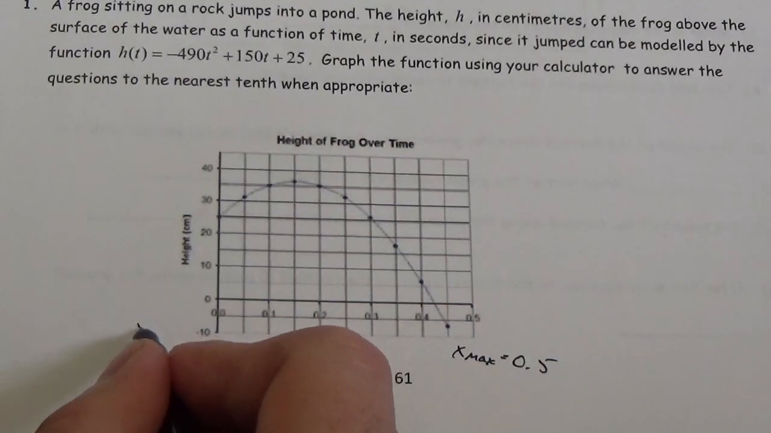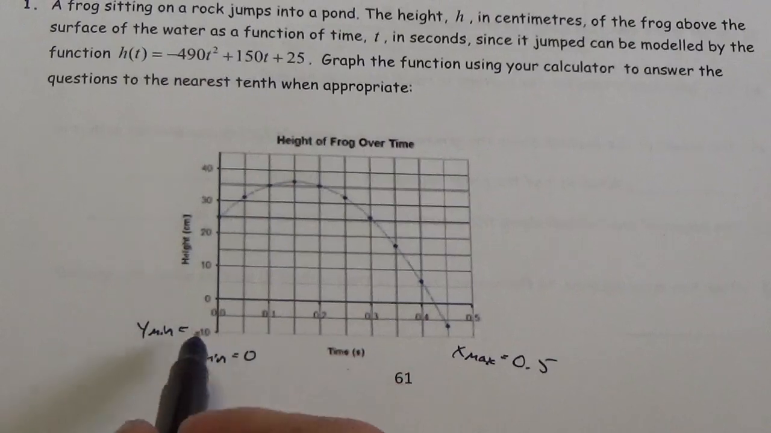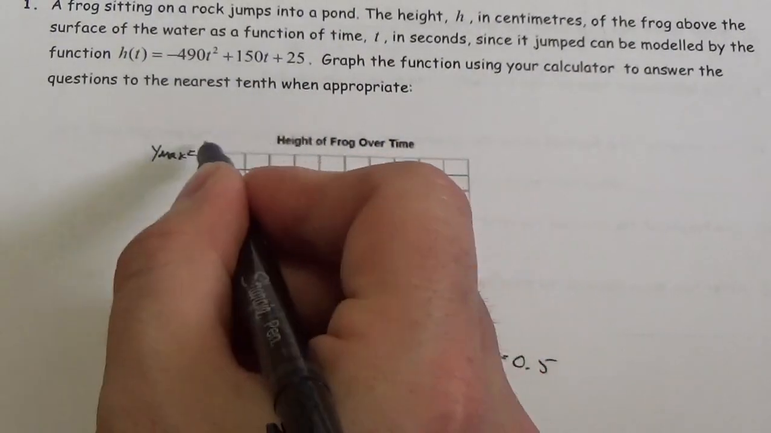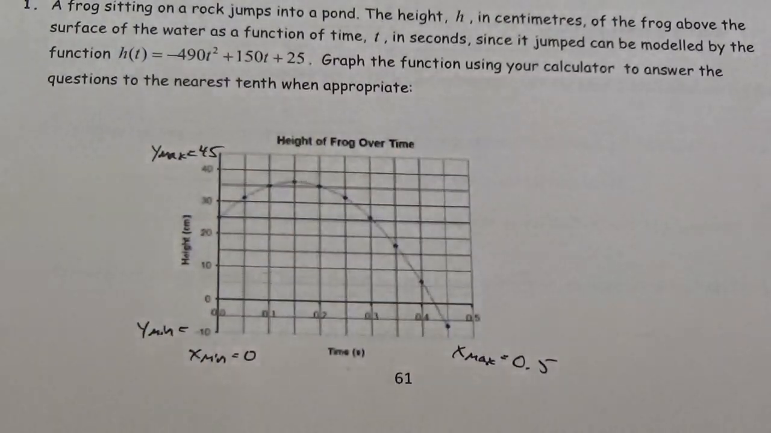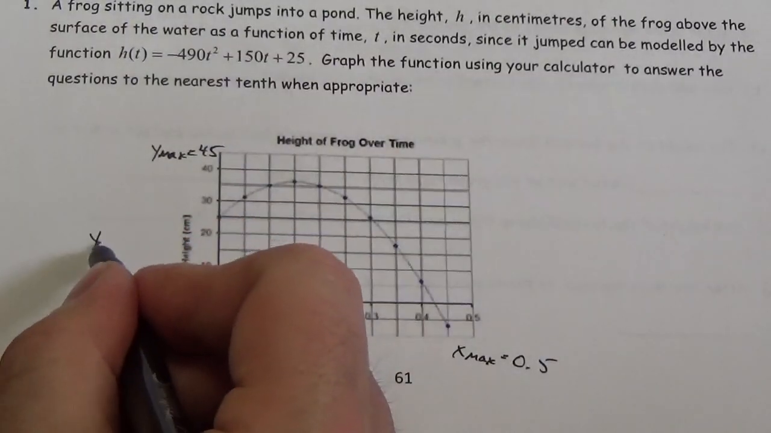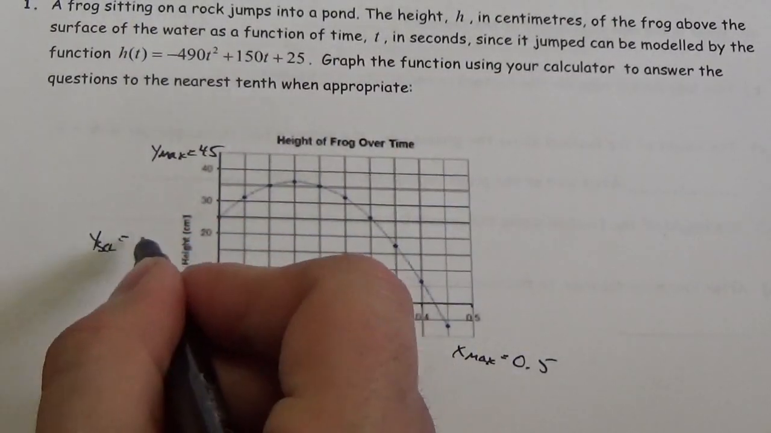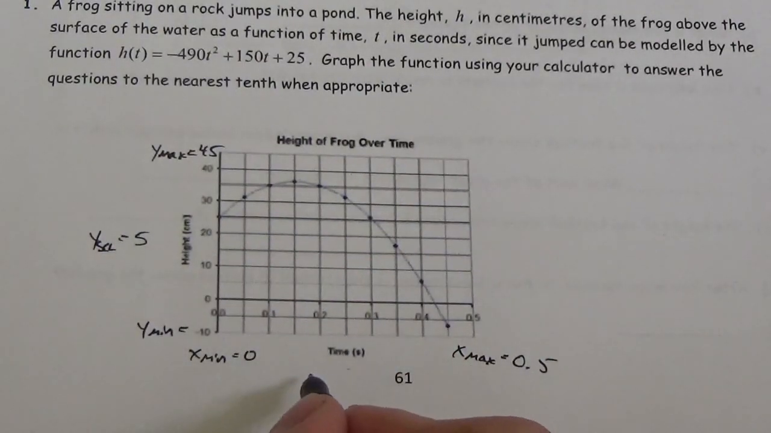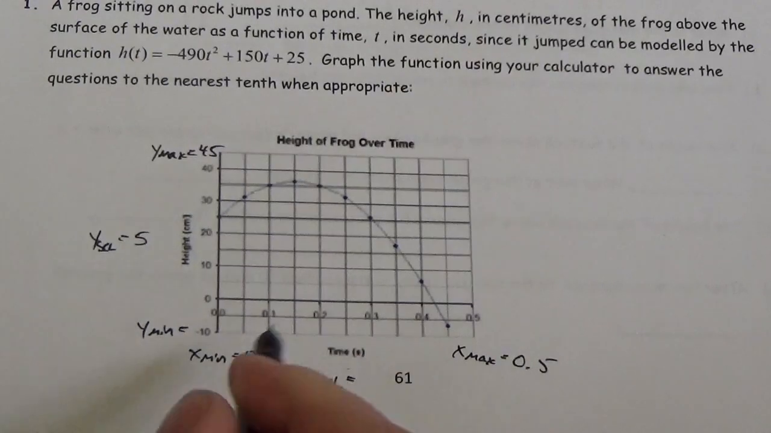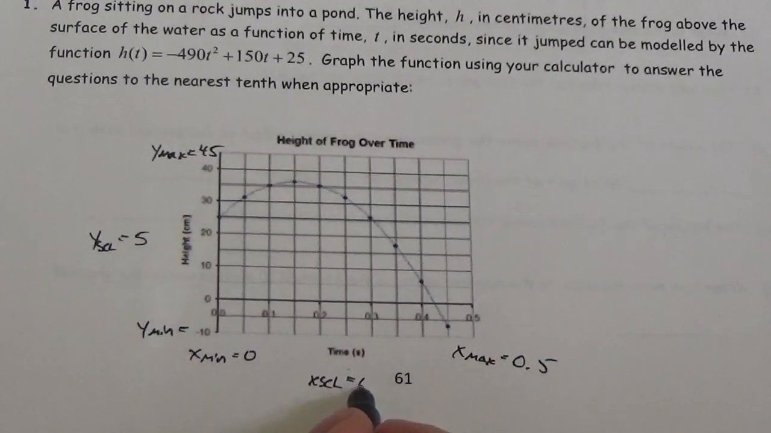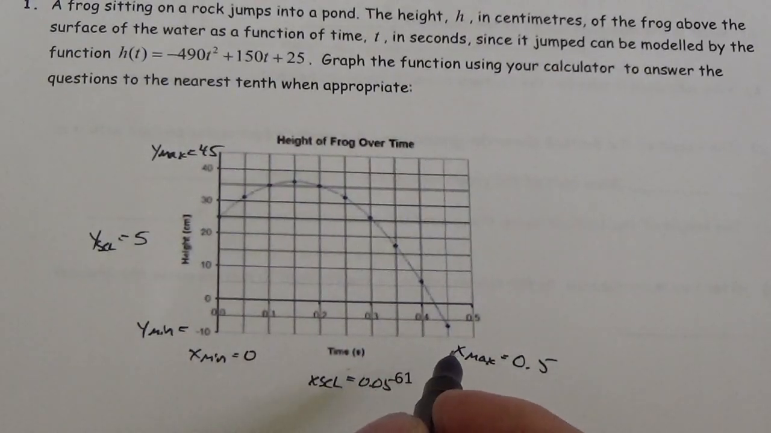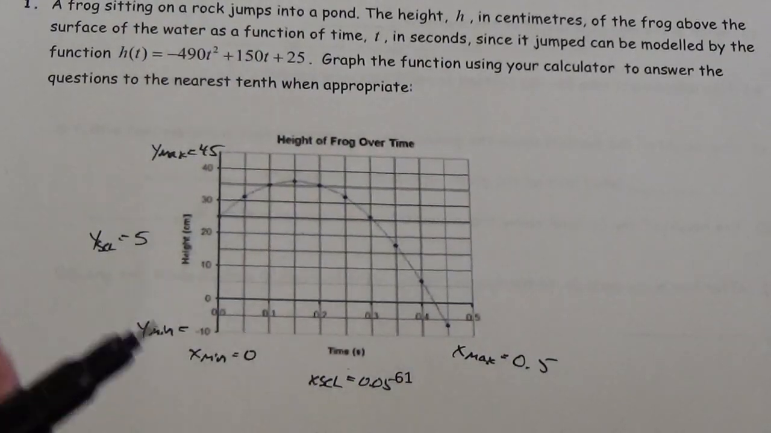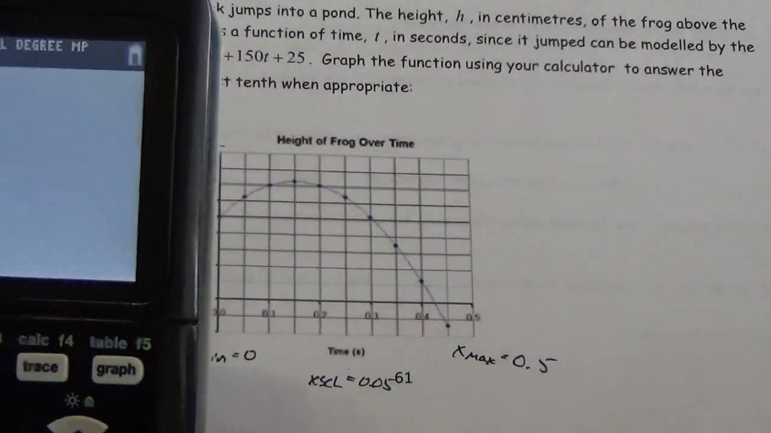My y min, I'll just write that, equals -10. My y max up here is looking like 45. It looks like my y scale here is 5, because every little mark here is going up by 5. And my x scale, what have we got here? It looks like 0.05. Yeah. Okay, so there's all the information here. So now I'm going to plug this into my calculator,